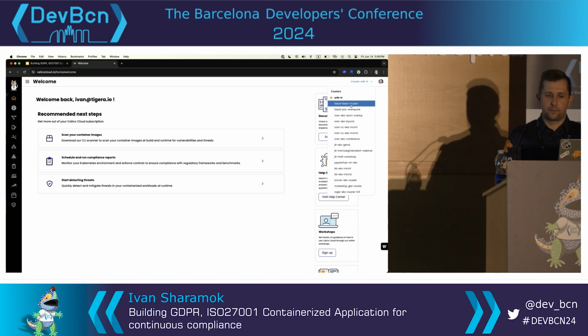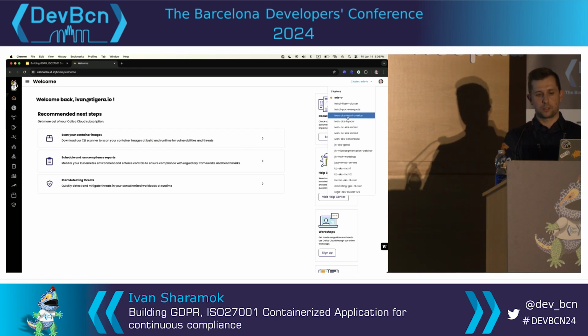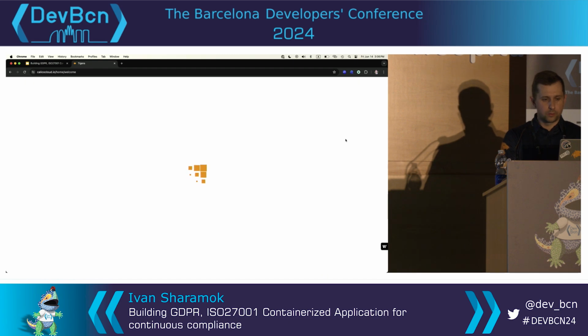You can see I have a bunch of different clusters connected to the platform, so you can assemble whatever Kubernetes version or flavor you're using. You can connect it to the Calico management plane, and from there you'll have all these tools.